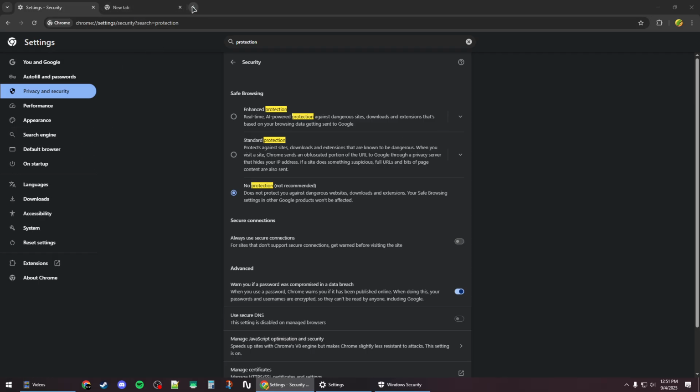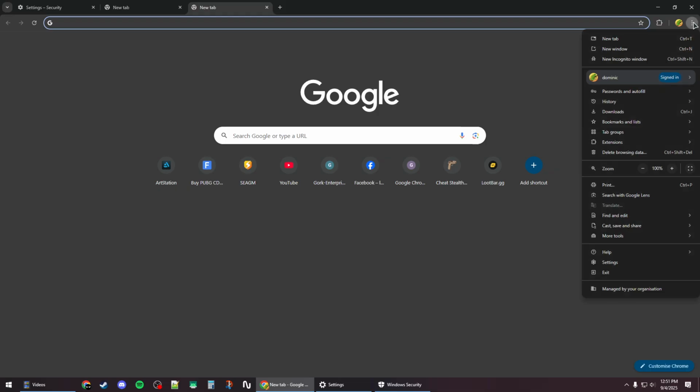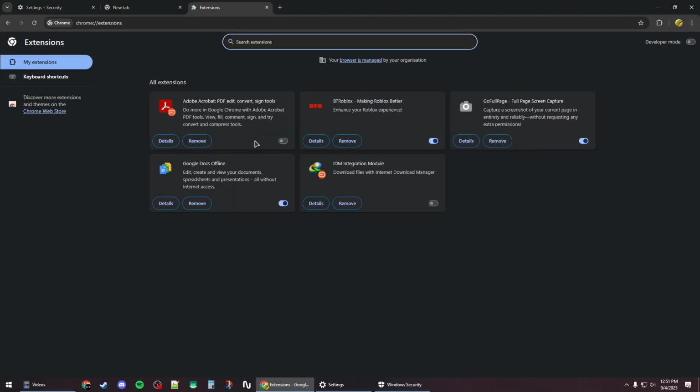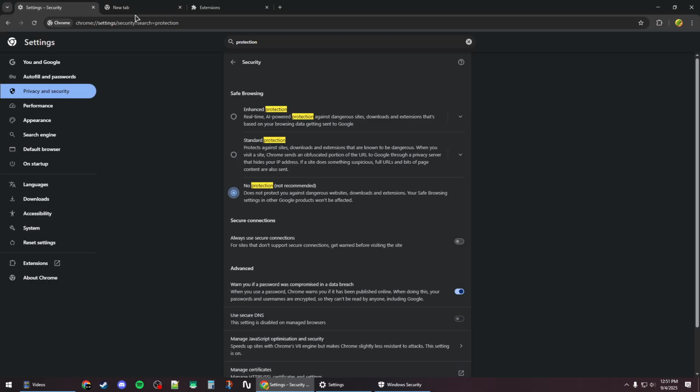You can also check the extensions if that issue keeps happening by clicking on the three vertical dots and clicking on Extensions and Manage Extensions, and now basically disable or remove any extensions that you think might be interfering with the download process. And once you do that, you should be able to download the file normally, and then you